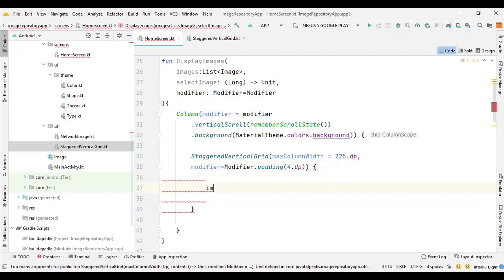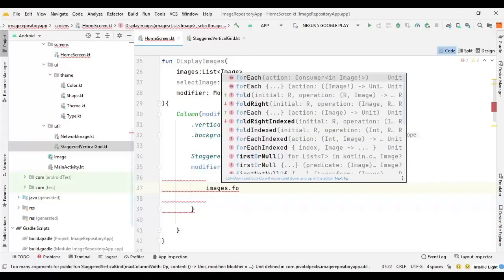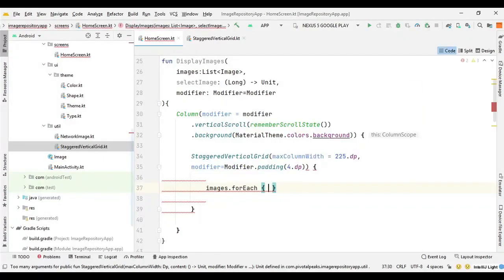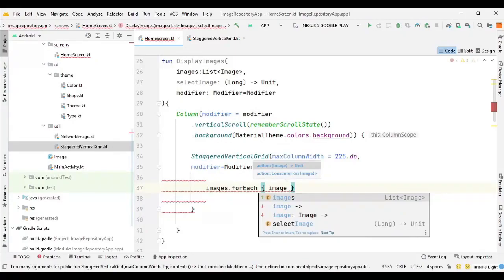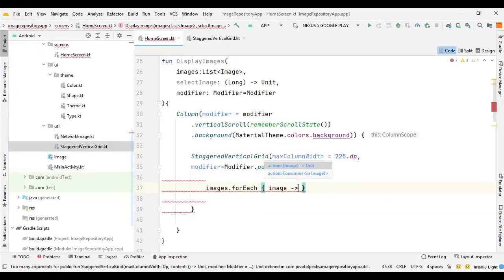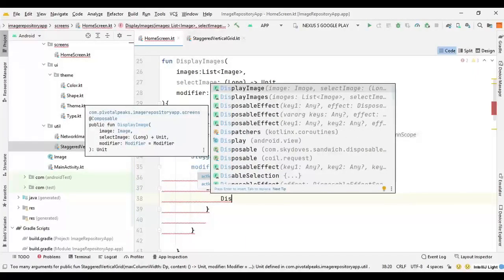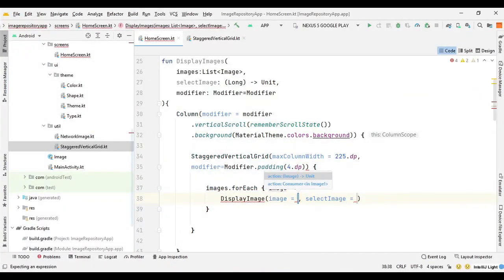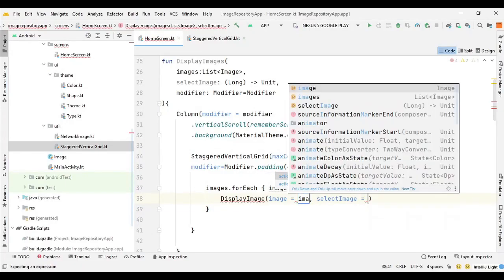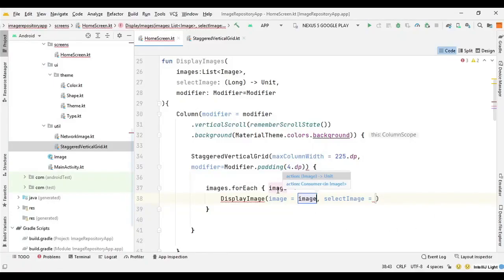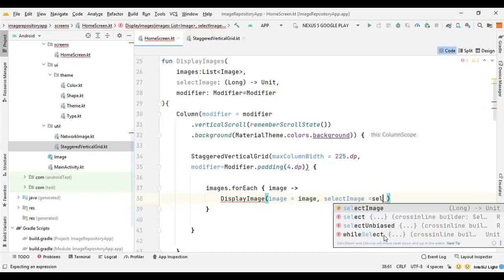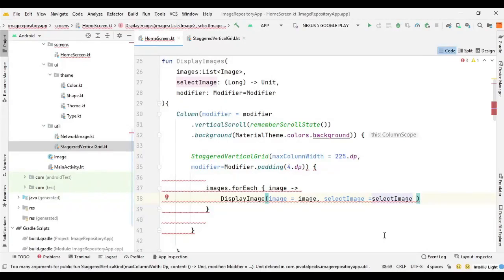So we can say images dot for each, and here we need to provide an image variable and then lambda expression, and here we can pass our display image function. And for image we can set this image variable that we just created, and for select image we can pass the select image function.